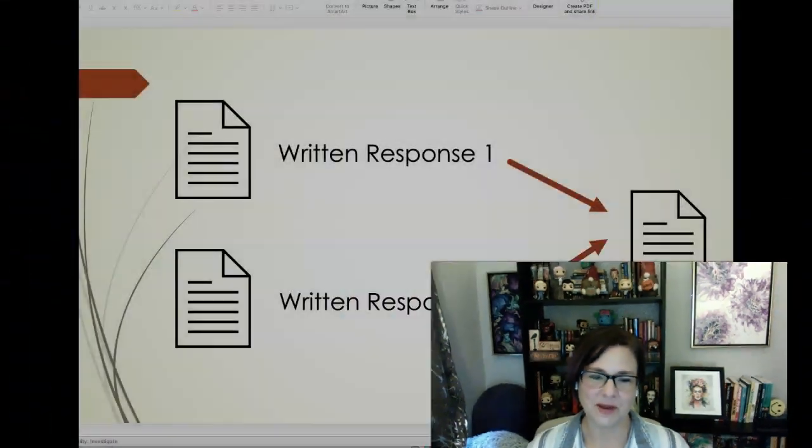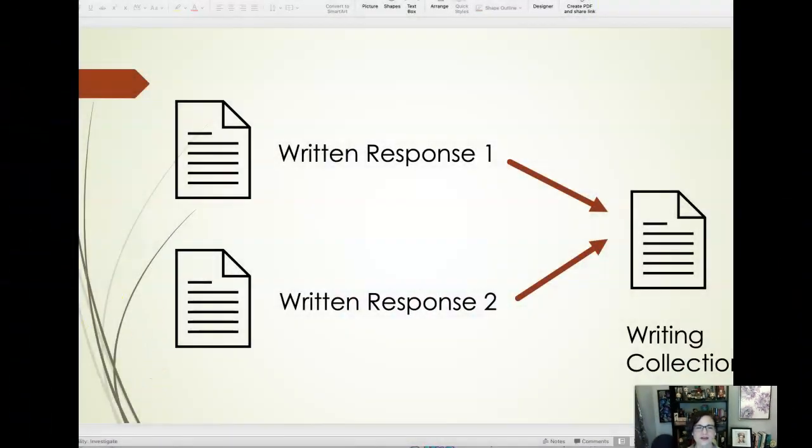I cannot stress enough, and this is something that I know is still going to come up. This is not due this week. If you look at our schedule for this week, there's no writing collection. This is just me giving you this information so that you can let it marinate a little bit, so you can look at the next couple of weeks and see when some of the assignments are due. Some of you can start working on this if you'd like, that kind of thing. It is not due this week. Okay, tell your friends. All right.